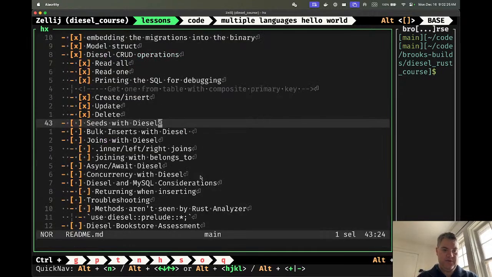Let's buffer close you and mark you as done. Okay. So that's seeds with diesel. Let's also